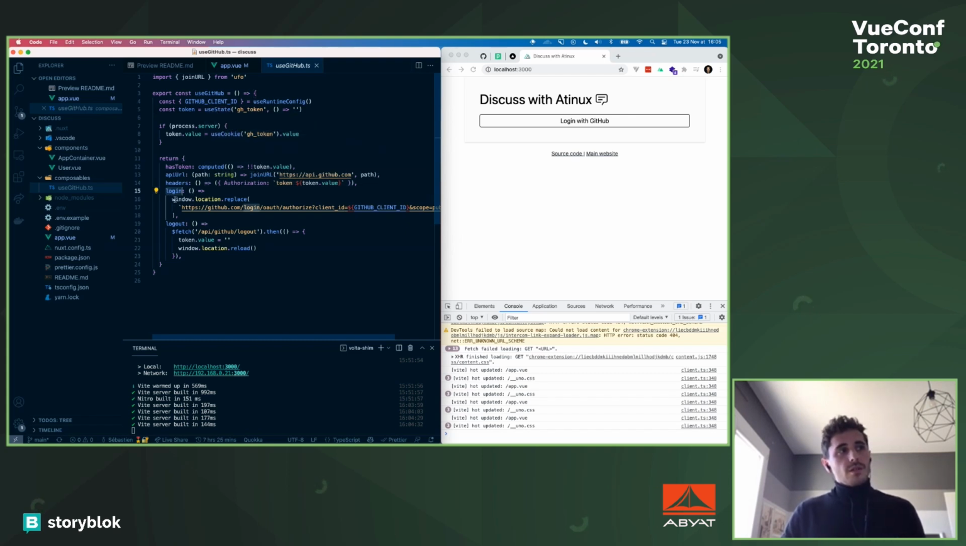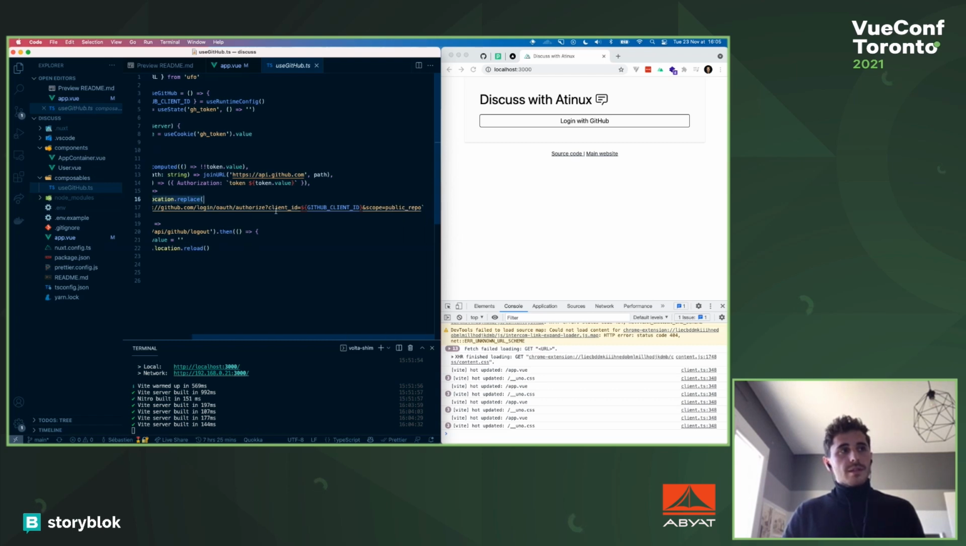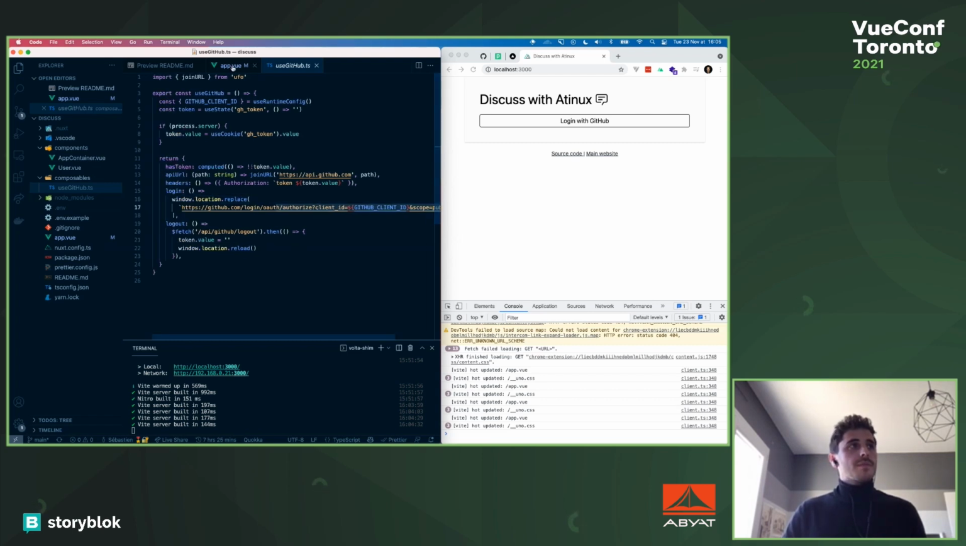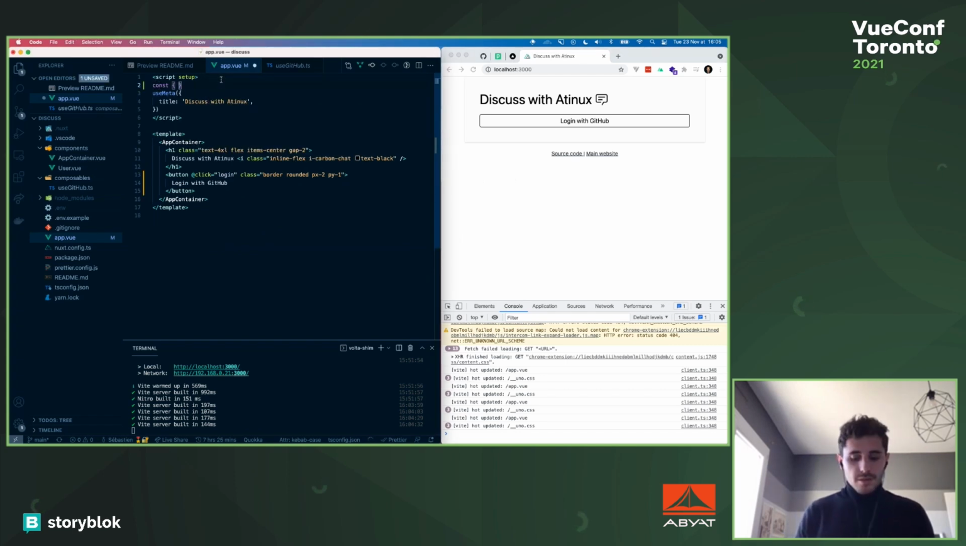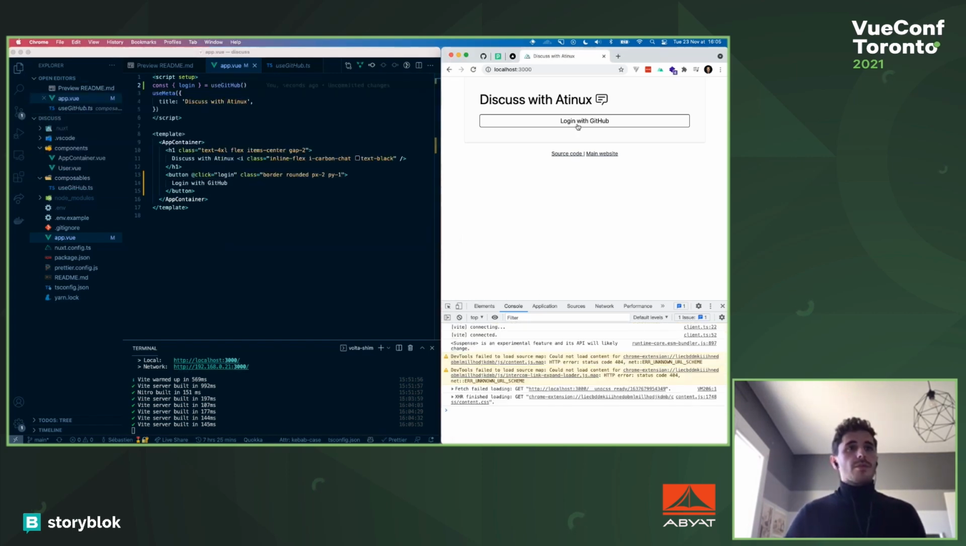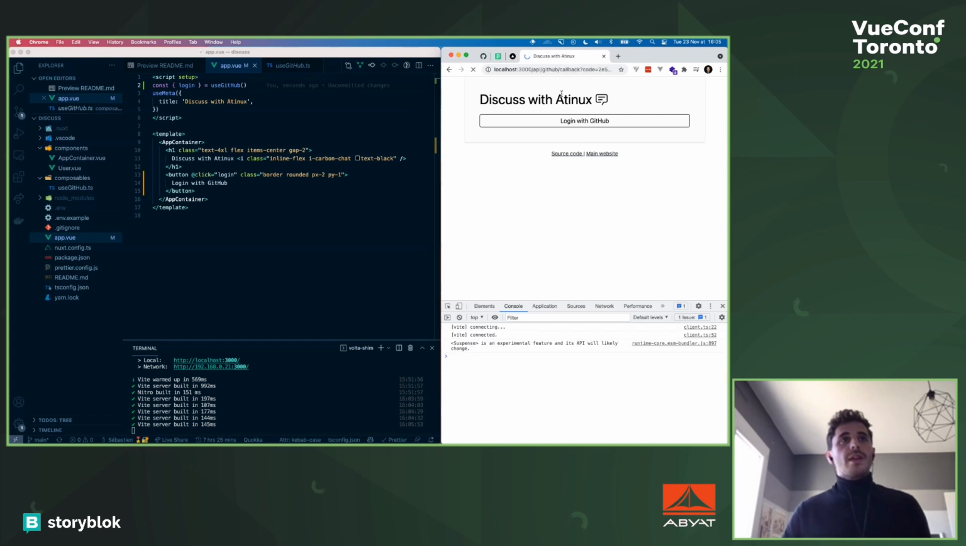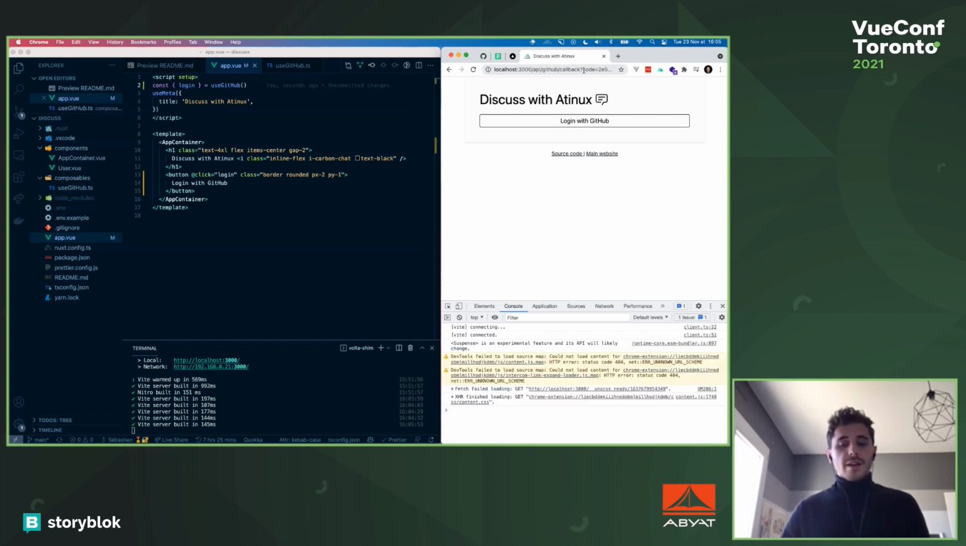And basically, I have a login method, which is doing a location replace to this URL. So let's see. Let's get the login from my useGitHub. Since it's inside the composable directory, it should work. And nice, I have been redirected and I have a code. So I can already enter this authentication. But just before,